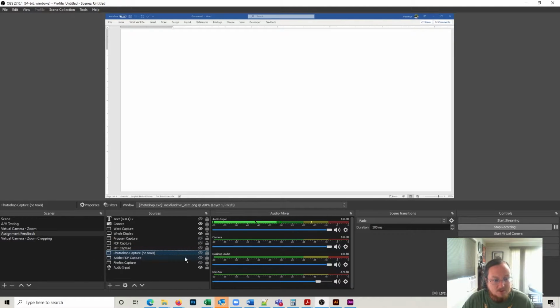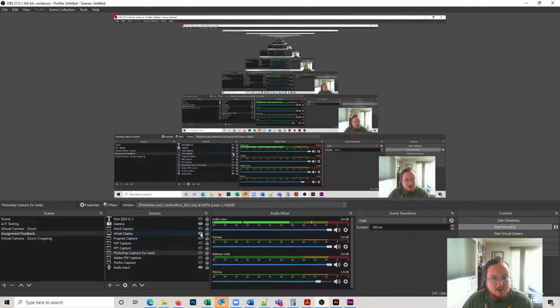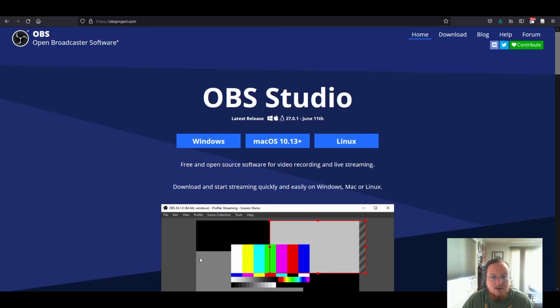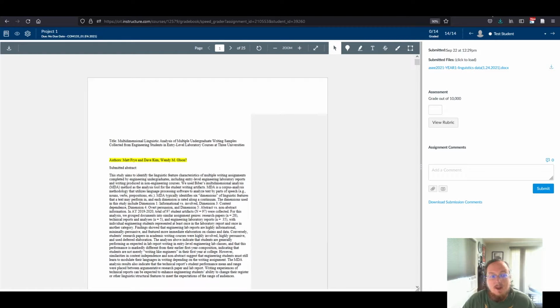So I'm going to go ahead and turn off these and pull up the page for OBS. If you are looking at this thinking that it sounds useful, if you Google OBS Studio or just go to obsproject.com, you will find this, and it's a quick download, and it's super useful. The way that I tend to use it, and the reason that I really prefer to use this, is